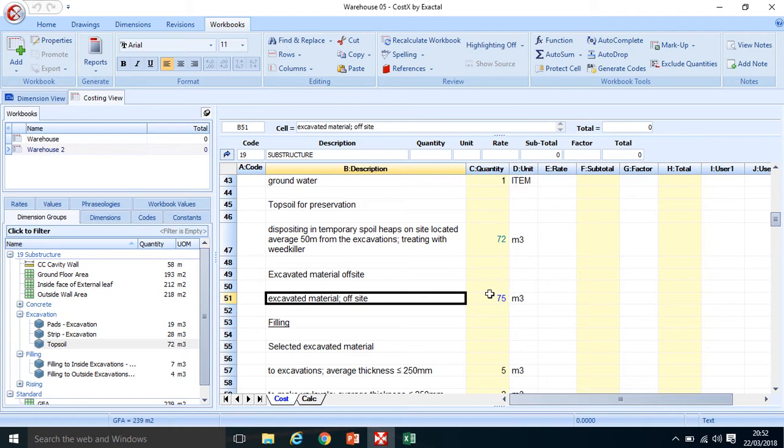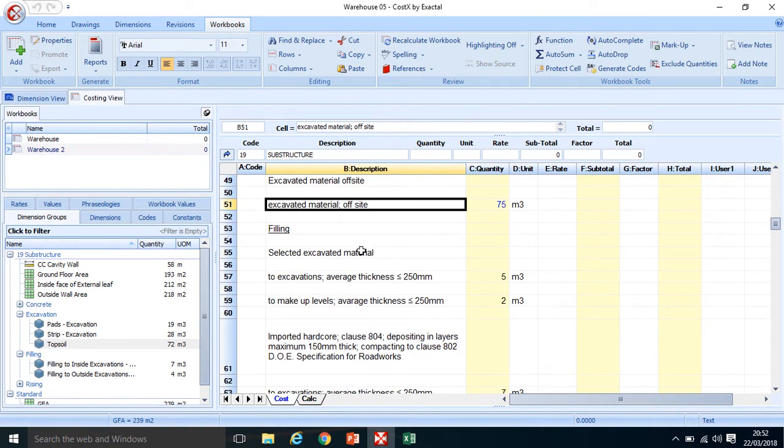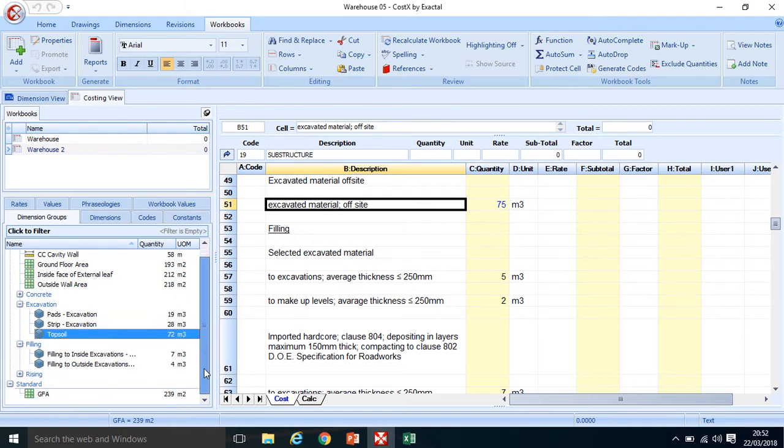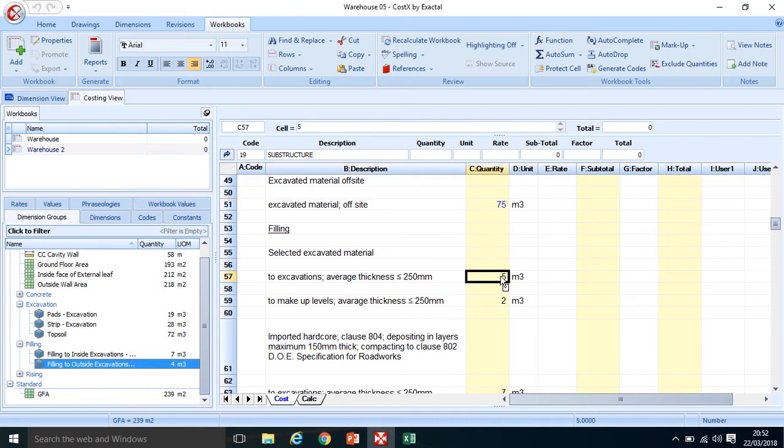material. Now I will use some of that as filling, so I'm not going to dispose of the full 75 meters cubed, so I will have to come back to it. So starting with filling to the outside of those foundations, which I've measured, I'm going to go to essentially where I measured that, and here we are, filling outside of excavations, and I'm going to drag and drop it over, release, click update,